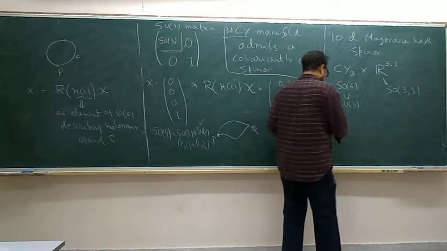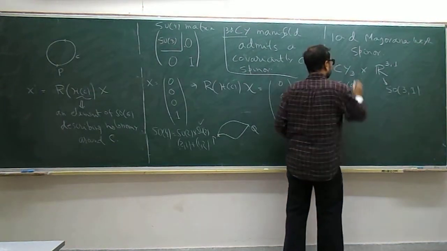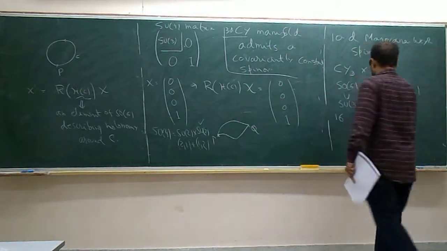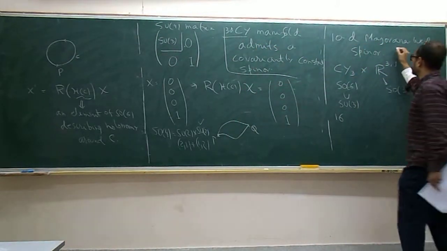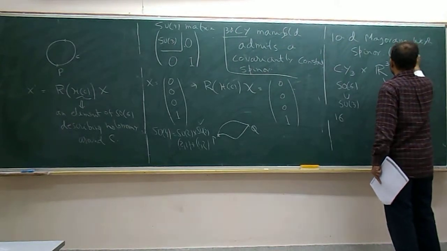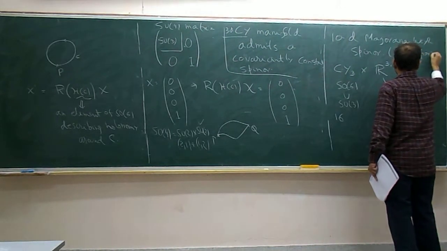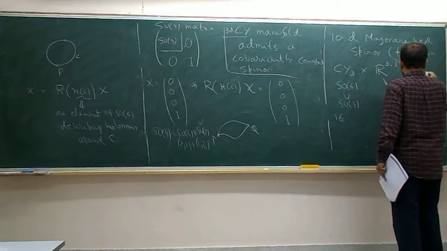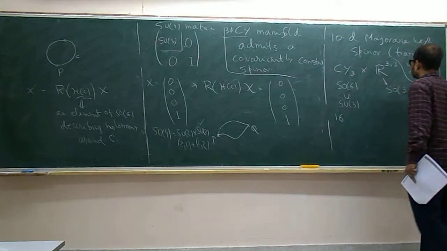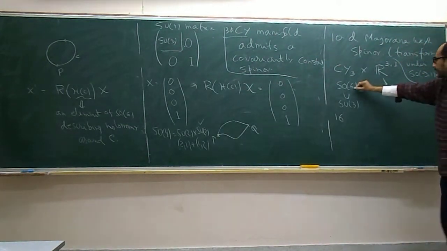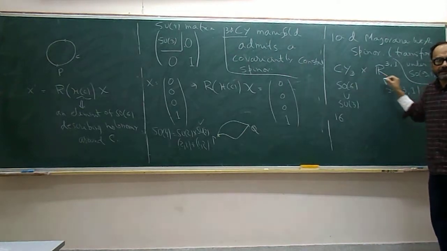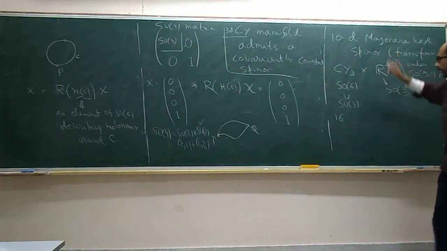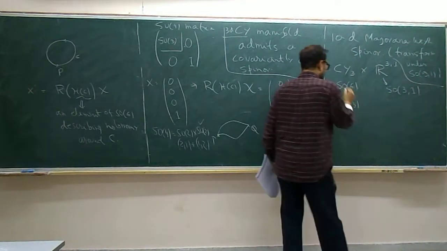Now, you can ask how the 16, this 10-dimensional Majorana spinor, decomposes under a subgroup of SO(9,1). SO(9,1) has a subgroup which is SO(6) times SO(3,1), the product of two tangent space groups. That is a relevant question: how does this 10-dimensional spinor 16 transform under this, and it turns out